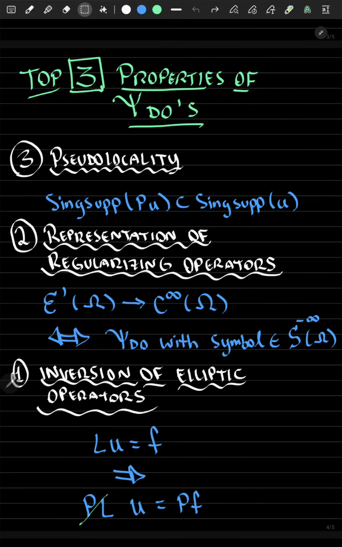At number 1 on the list, we have the inversion of elliptic operators. So given any elliptic linear PDE, Lu equals f, we can just compose with a pseudodifferential operator p on both sides and essentially invert the equation, solving it at least up to differences in regularizing operators. And it's for this and many other reasons that